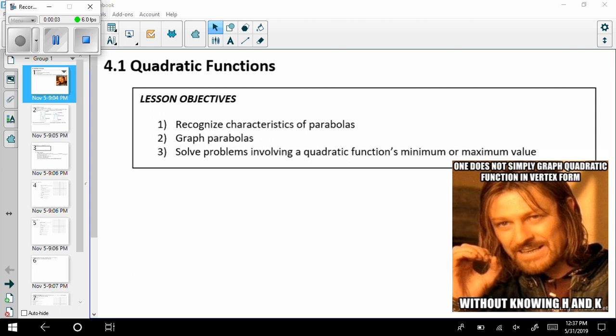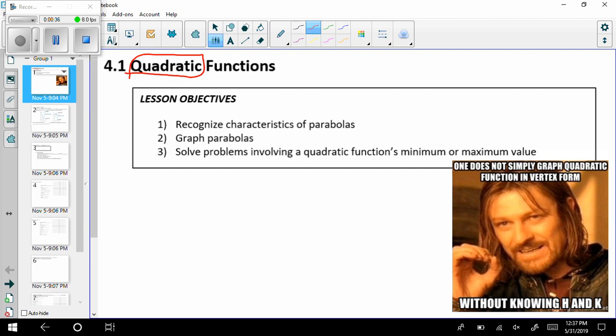With the start of Unit 4, we are going to focus on two specific types of functions, polynomial functions and rational functions. The majority of this unit is going to be focused on polynomial functions, and that's where we're going to jump in today. So in section 1, we are looking at polynomial functions, but more specifically, a specific type of polynomial